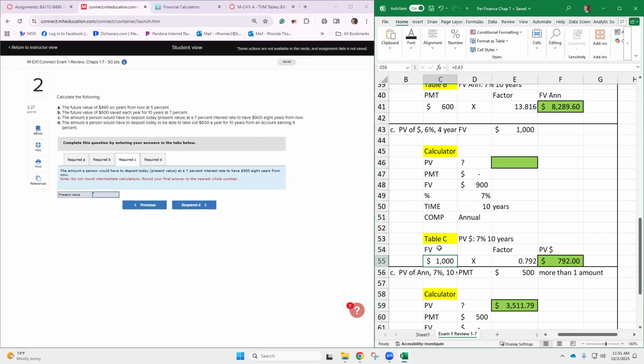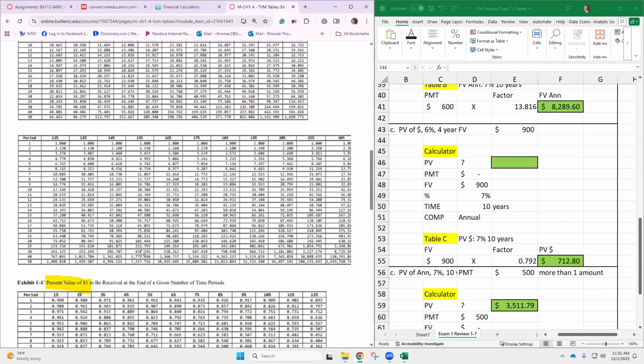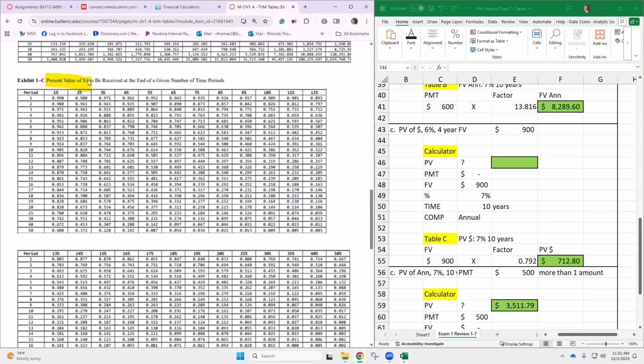And this is $900. Okay, $900. So I need to make sure that that's in there. Yep. So I want $900 in the account. Okay, so let's see what it's going to take. Go into the table. Table C, present value of $1. So mine is 7% in 10 years. I've got to change all my places so I don't get confused. 7% in 10 years is